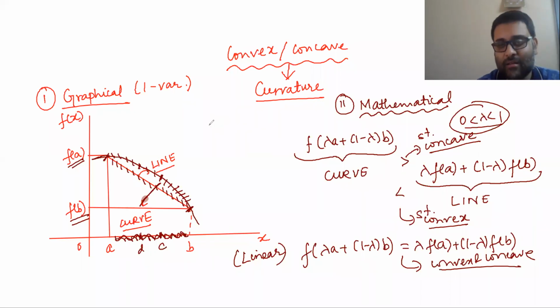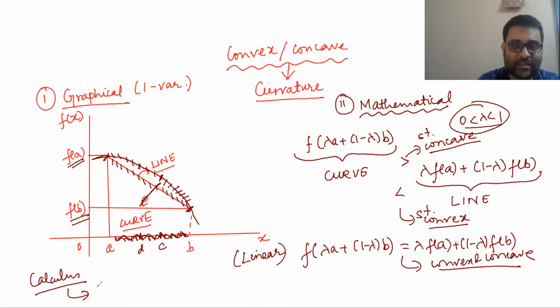There is another mathematical definition which takes the use of calculus, and that is as follows. This will work only in the one variable case. In the two variable case and beyond, I will have to consider the Hessian matrix, which will be very complicated. It will be easier to go by the earlier method in that case. So the calculus method should work for only the one variable case. For the two or more variable cases, please consider the earlier mathematical approach.